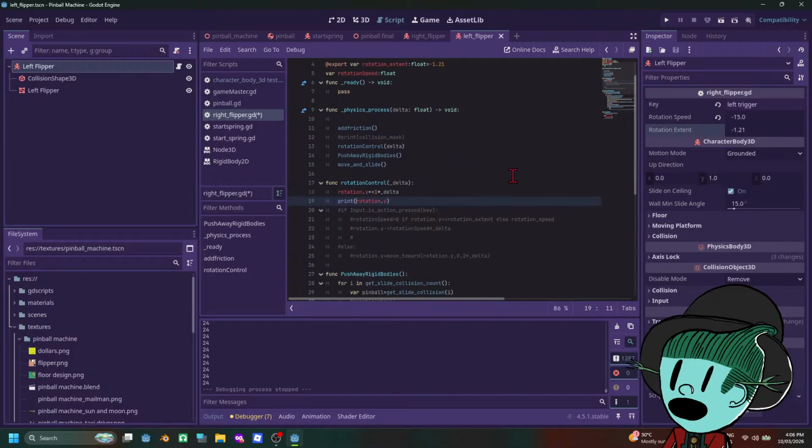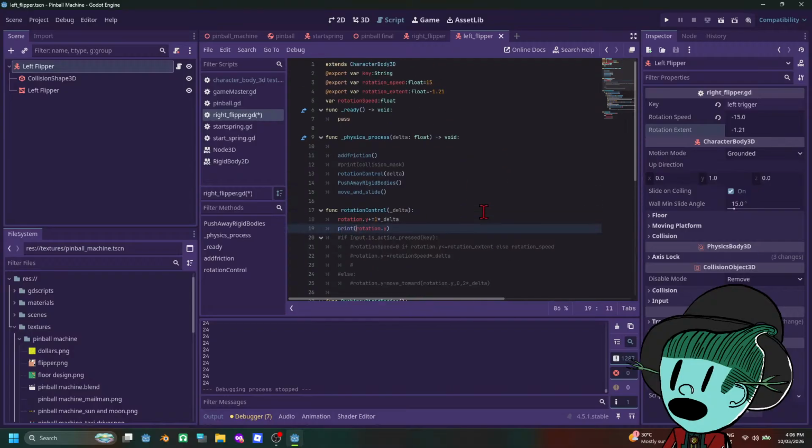And then print the key, rotation.y. So it's already linked to the